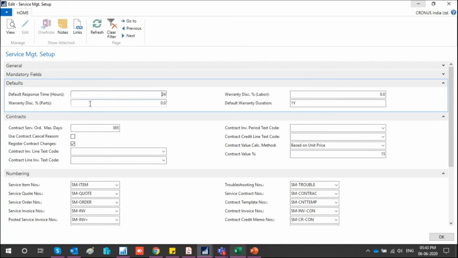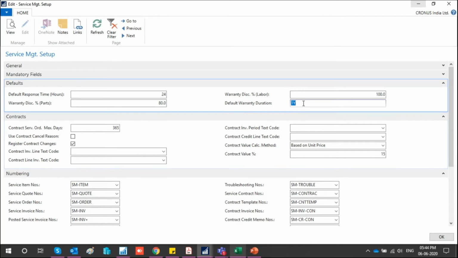The warranty discount percentage for parts and service. Now, whenever we talk about warranty, it is in two parts, always labor and parts. So you can define it here that, for example, in the parts I'm taking only 80% of your warranty, but in the labor I'm taking 100% of your warranty. For example, if any part is damaged, then I'll cover 50% of the cost, but the other 50% I'll take from the customer. So these things you can define here.